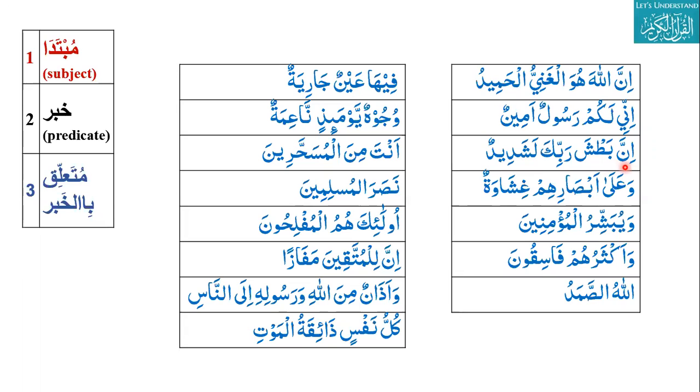Nice. Nawasib is ism. Inna is here, Allah. Ha is mansoob. Similarly, batsha is also mansoob. So inna batsha is mubtada. Rabbika is jar majroor, so mutalik bil khabar. Rabbika is actually mudaf ilayh. La shadid, ashadid is khabar. Very good. So can we translate it?